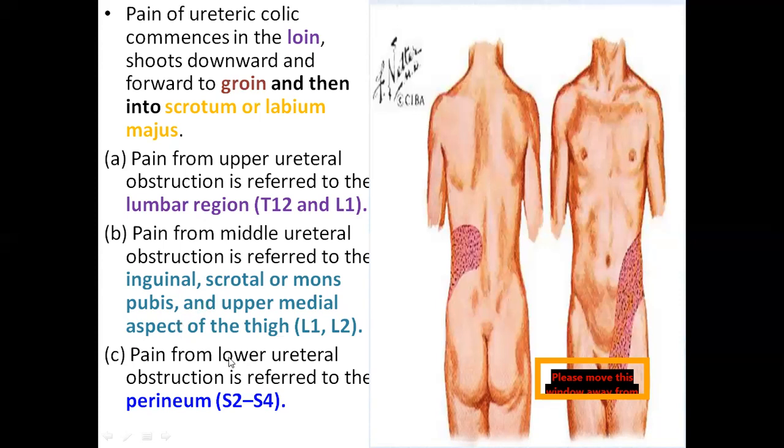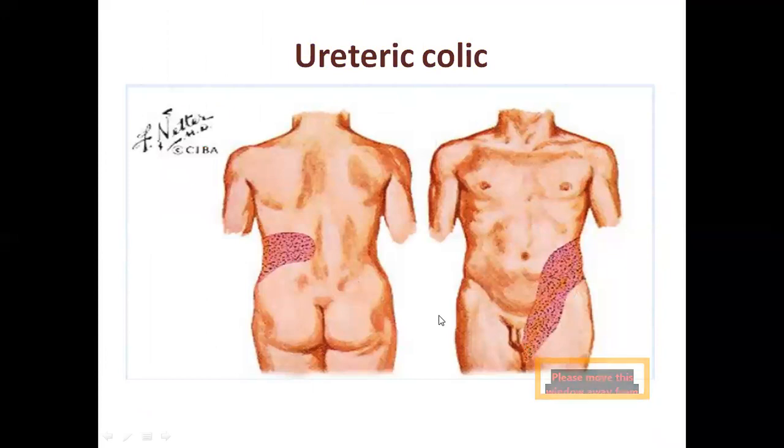So many points I have kept because usually the question will be framed in a clinical way if it is coming for an essay. If something is given as a clue, like there is a pain along the loin which gradually moves forwards towards the groin in a male, or towards the labia majora if it is a female, then you have to identify that condition as ureteric calculus, that is the stone. You have to identify the structure as the ureter and start answering your essay as ureter. So clinical anatomy is very important. So this is the ureteric colic.